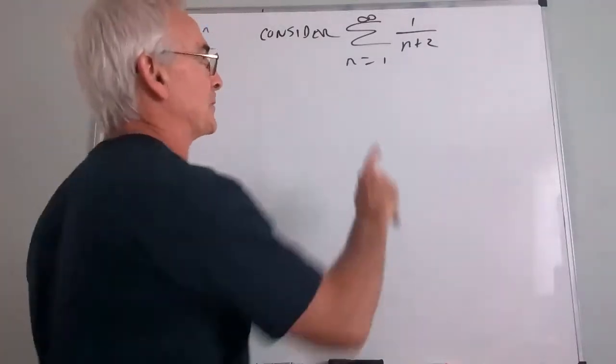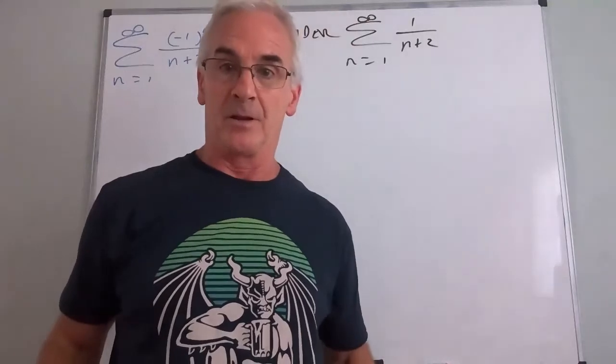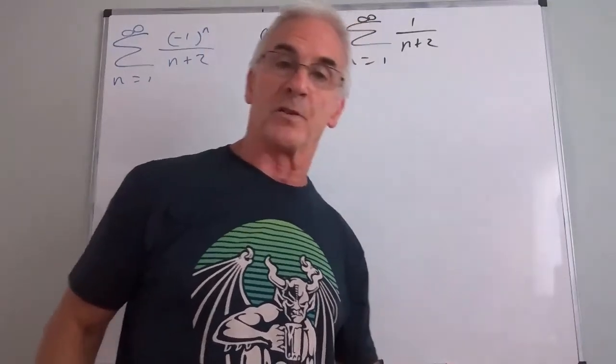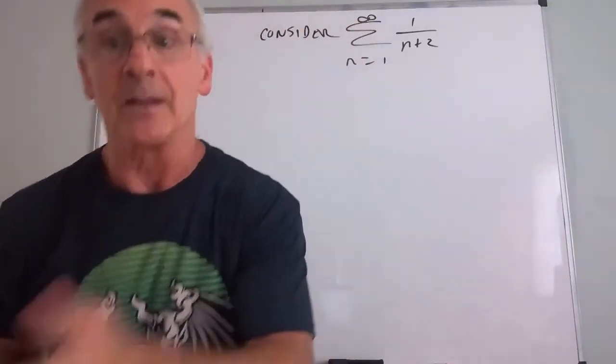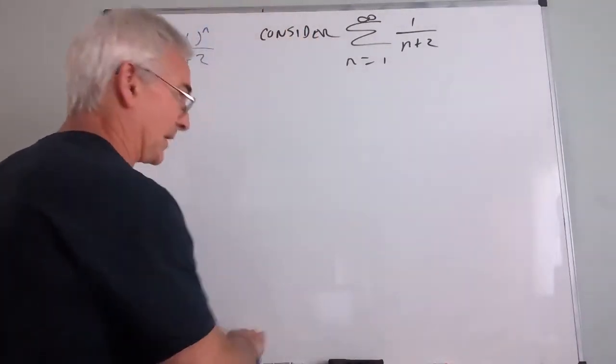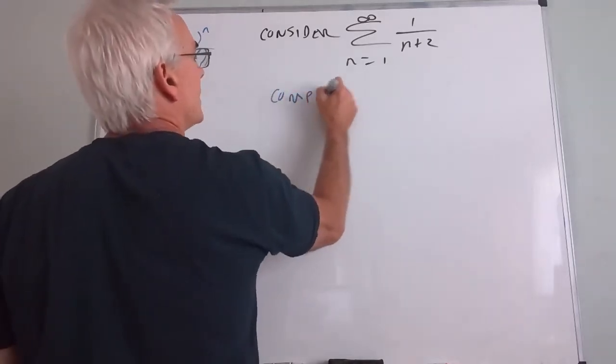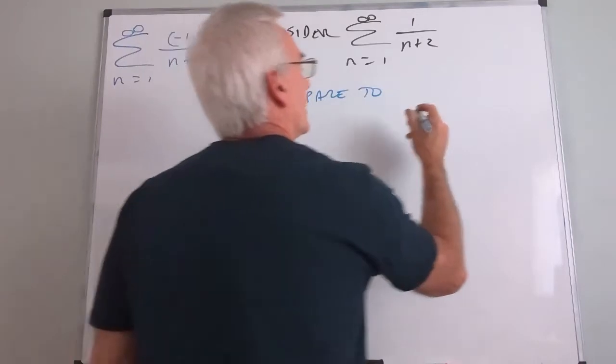Now, the problem is because it's n plus 2, I cannot do a direct comparison because it's just a little bit smaller than the harmonic, but I can easily do a limit comparison. You all agree with that? Limit comparison, piece of cake. So we will compare to